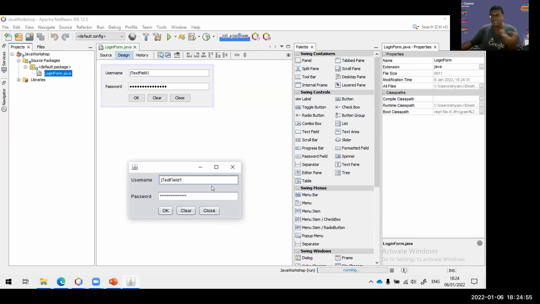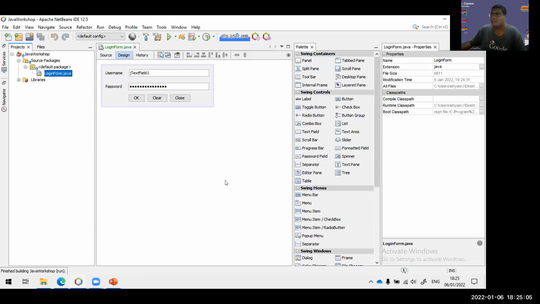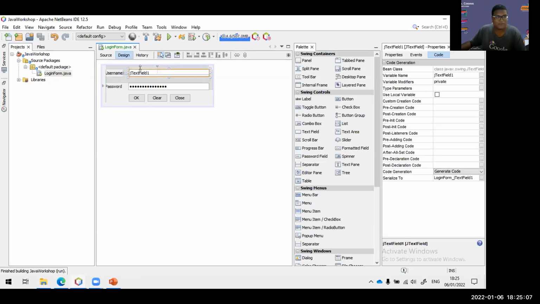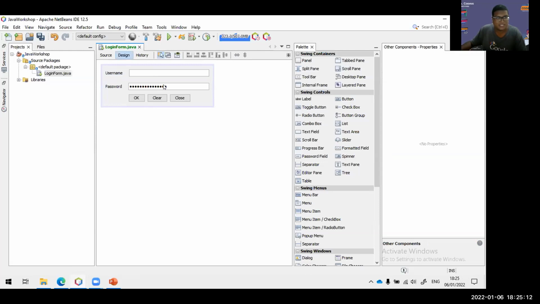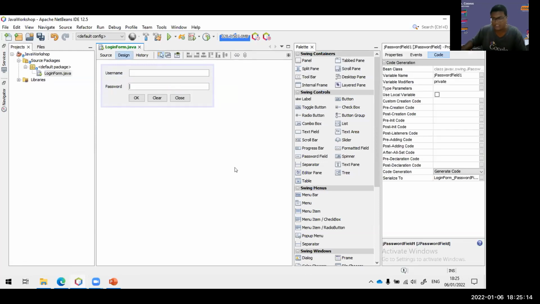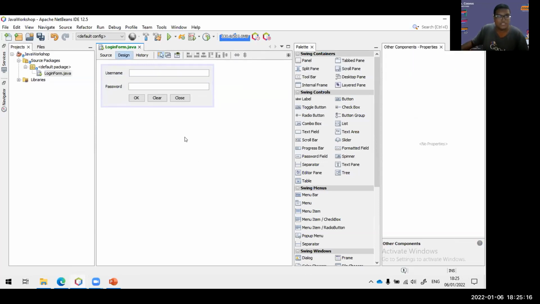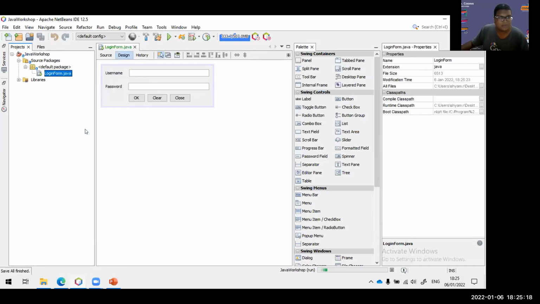So if I wasn't talking, I would have actually built this in a couple of seconds, right? It's very, very easy to build graphical applications like this using this NetBeans Java platform. Again, I don't want this text here, so let me edit this and clear this one out, right? So you will see when I run this,